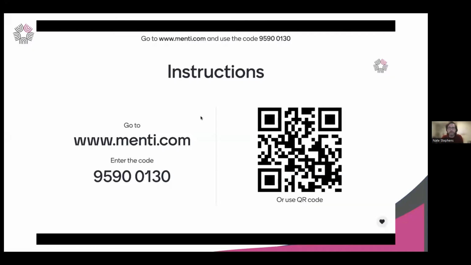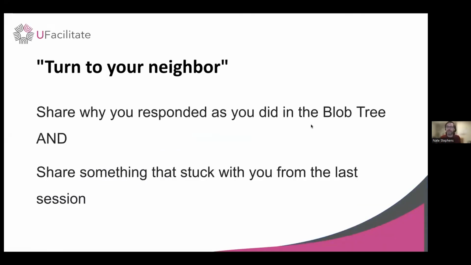But before we do that, I want to give you a quick chance to check in with each other a little bit. And we'll do that through a way that you're already familiar with, and that is going to be turn to your neighbor. I'm going to put you in paired breakout rooms, so just a couple of people in each room.